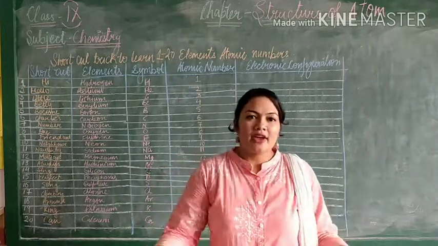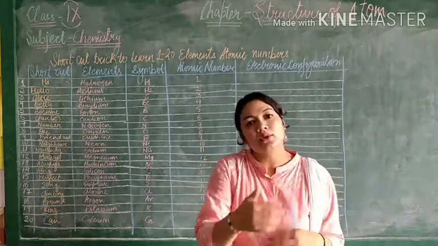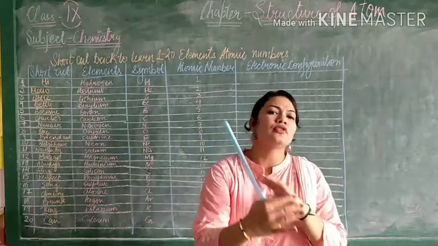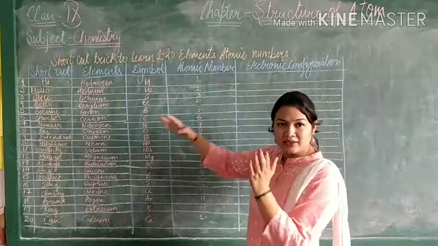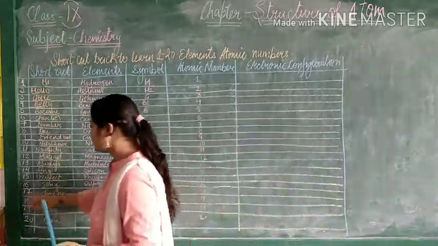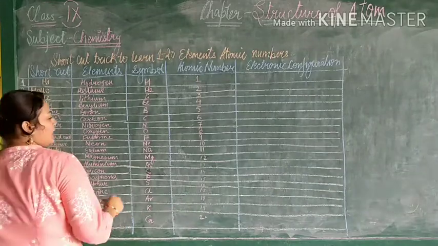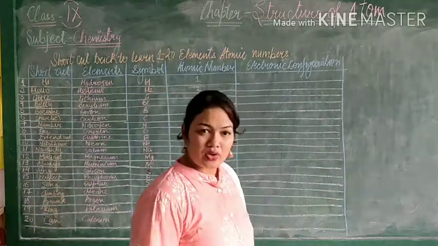So okay, fine, I got to know that the atomic number of sodium is 11. So this is how you can learn the shortcut, and on your fingertips you can remind which element has what atomic number. Now, in the previous session I have already told you how to write the electronic configuration.